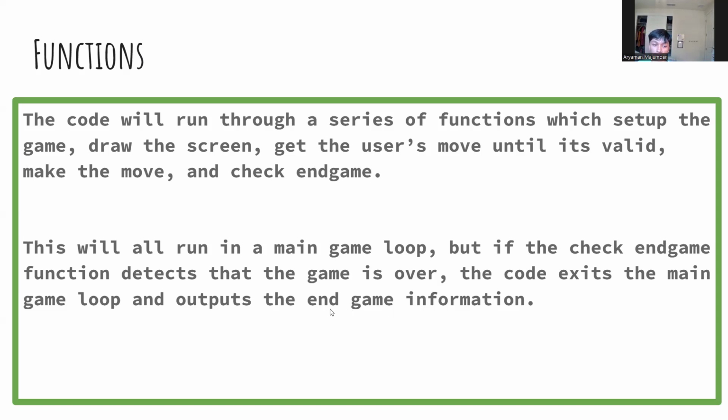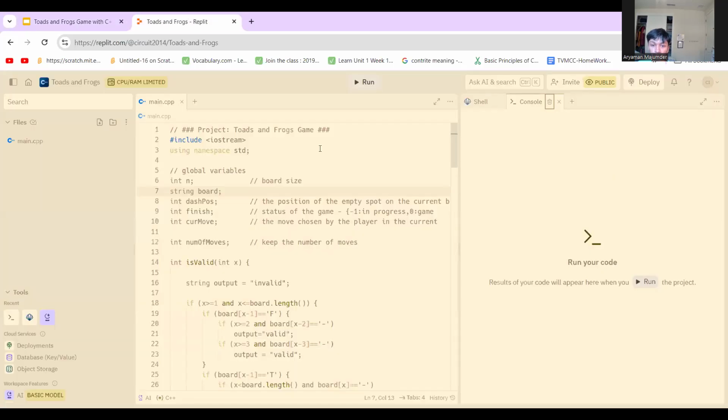So now I'll just go through the code. So basically here I have it on Replit. We're basically using C++ here. So first we have to initialize iostream using namespace std, and then the basic initialization, which are the